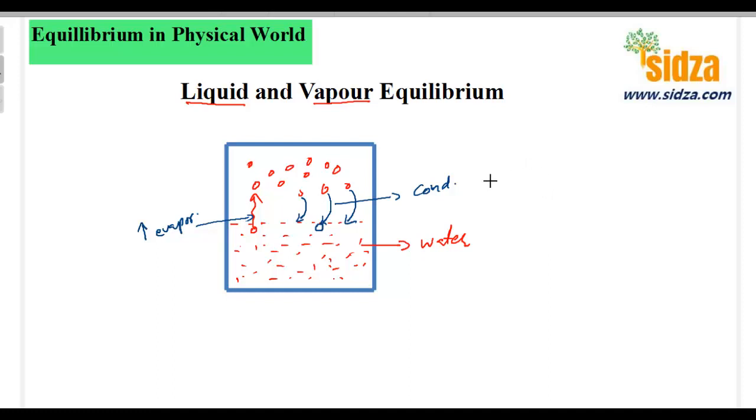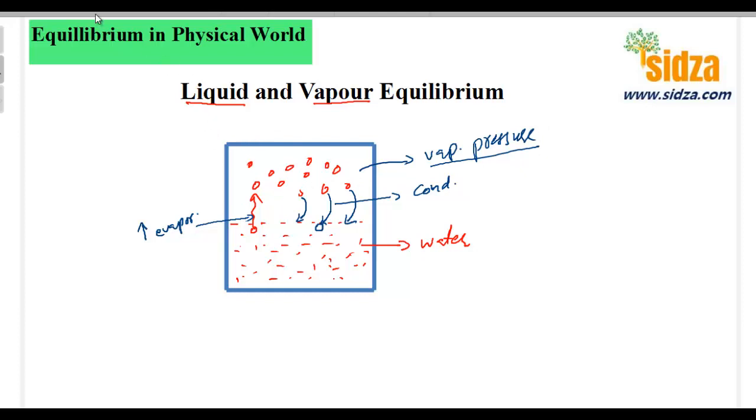That means when you obtain an equilibrium state, there is no further change in the pressure of this gas, what you call the vapor pressure, right? The pressure exerted by these vapor molecules will remain constant. Initially, more and more liquid will enter into the gaseous state, so the rate of evaporation is very high. Therefore, the vapor pressure will keep on increasing until the evaporation becomes equal to the condensation. And once you attain an equilibrium state, the pressure exerted by the vapor molecules will remain constant